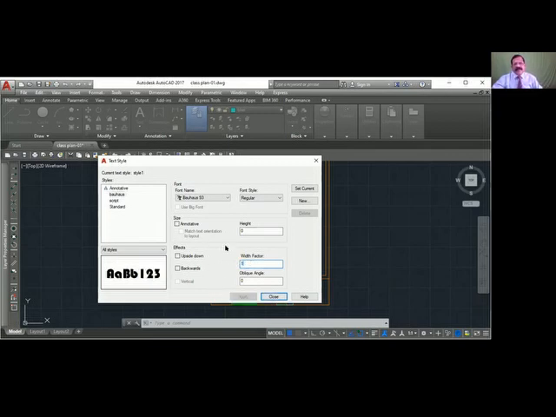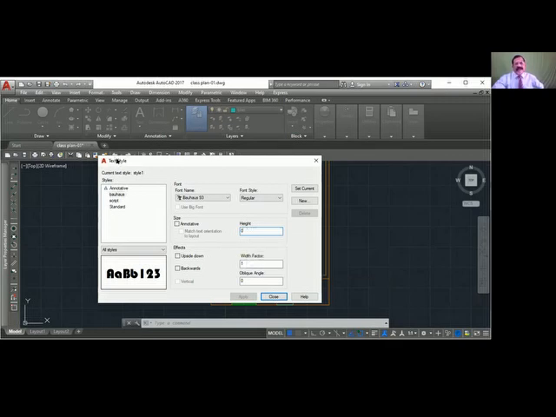And you can see here the height is 0. You have to keep this height always 0, because if you provide 200 or 300 here, when you create the text, it will not ask you the height. It will use the 300. Sometimes you may require 200, sometimes 300, sometimes 500. So it is better to keep it 0 so that you can change the height whatever you want while typing the text. So keep the height as 0.